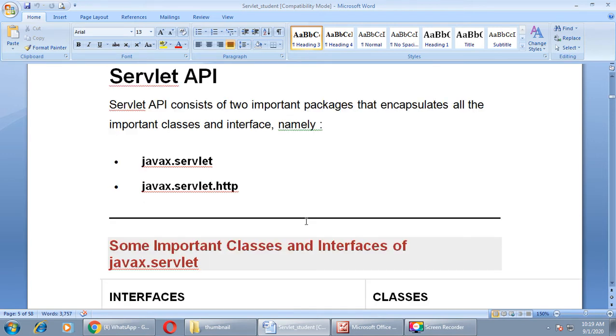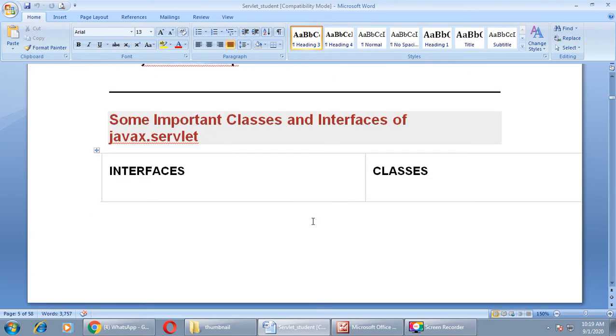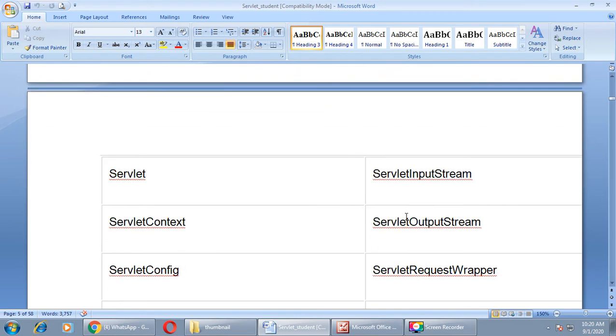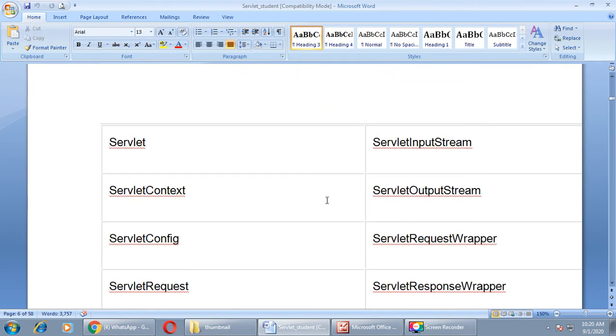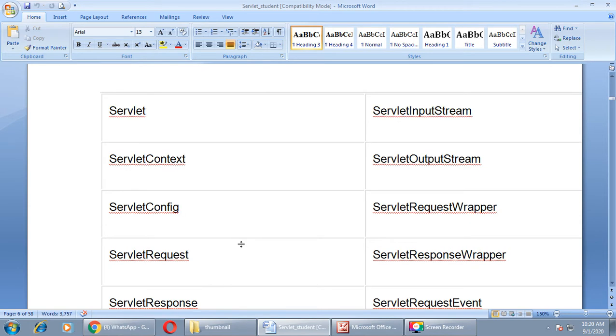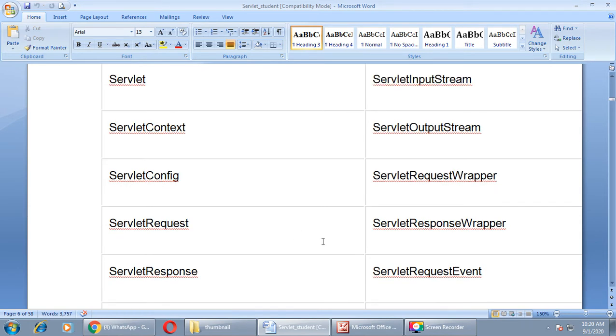Here you can see the list of interfaces and classes of javax.servlet: Servlet, ServletInputStream, ServletContext and ServletOutputStream, ServletConfig, ServletRequestWrapper, ServletRequest, ServletResponseWrapper, ServletResponse and ServletRequestEvent.